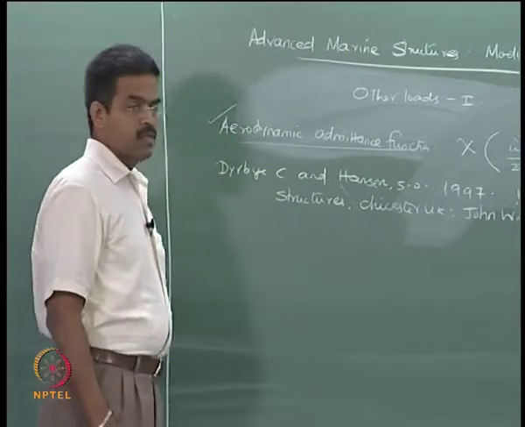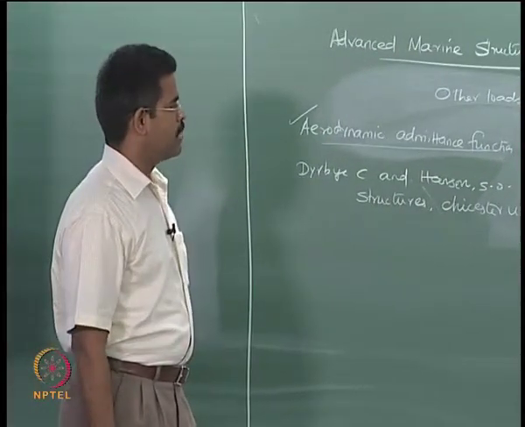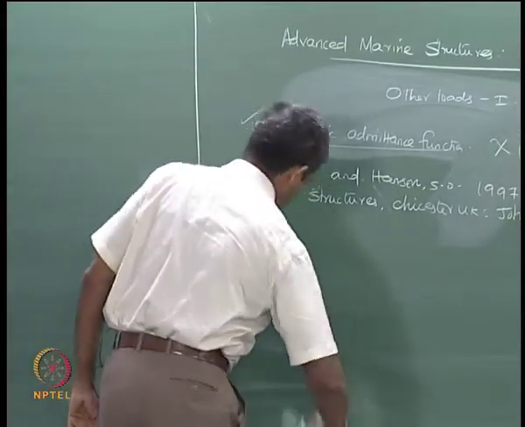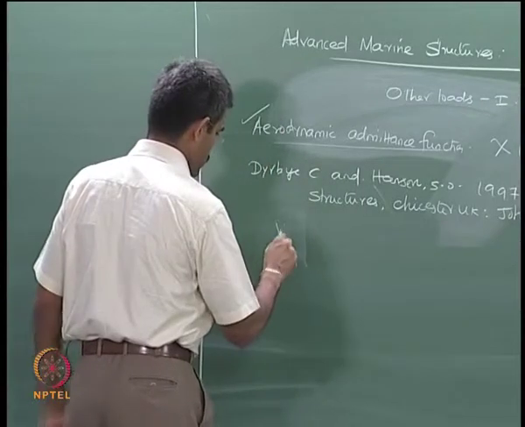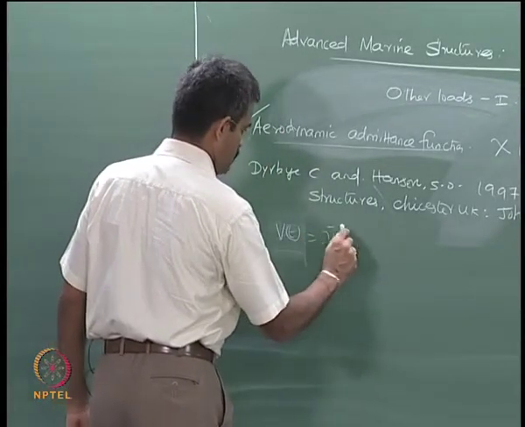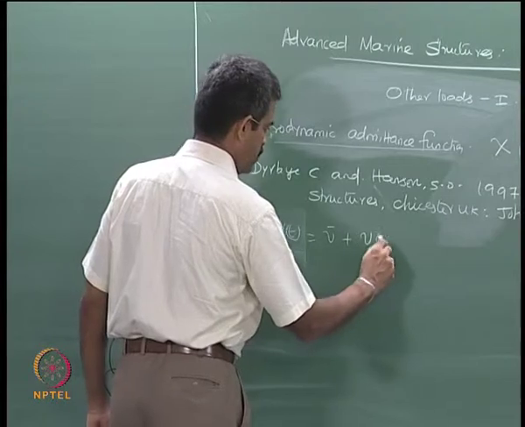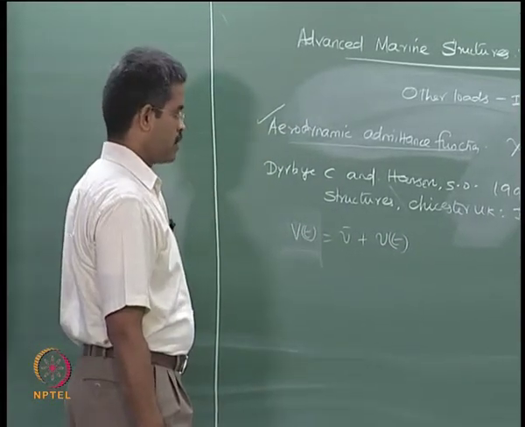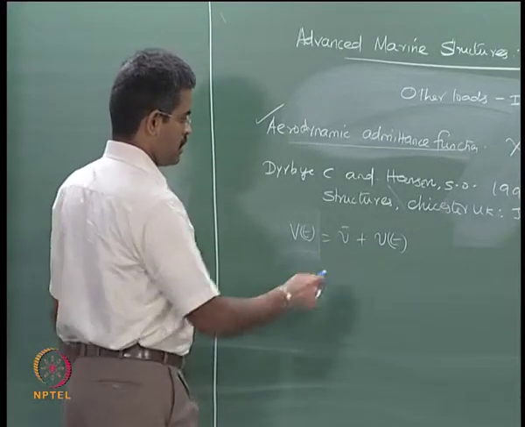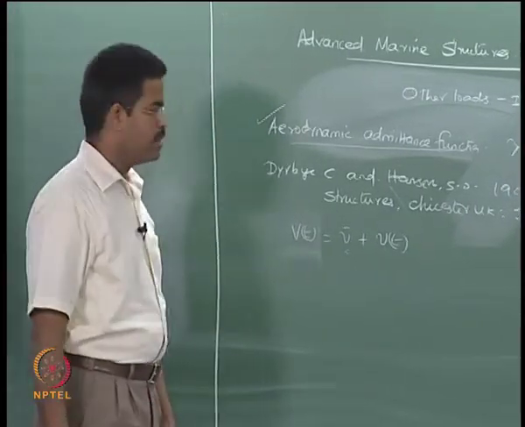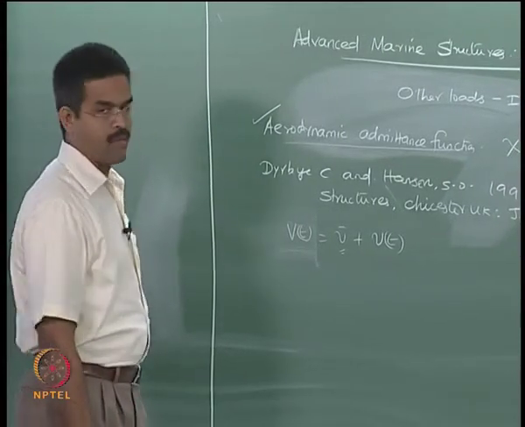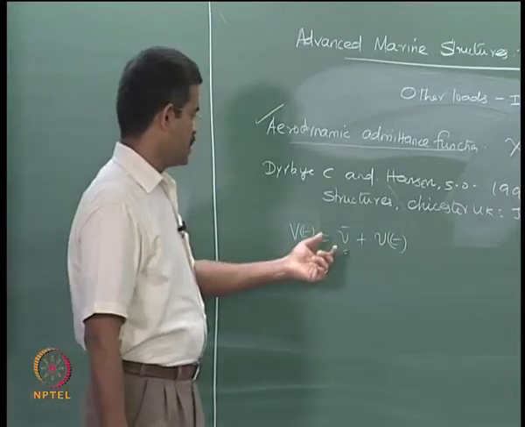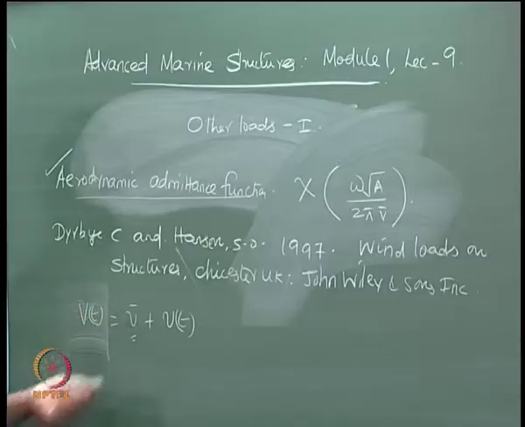We already saw in the last lecture how the mean component and the gust component are handled in the wind load calculation, provided we have the spectra defined for mean wind depending upon the 1/7 power law. There are other spectra available for average wind speed which can be used for offshore application, which we will see in this lecture.